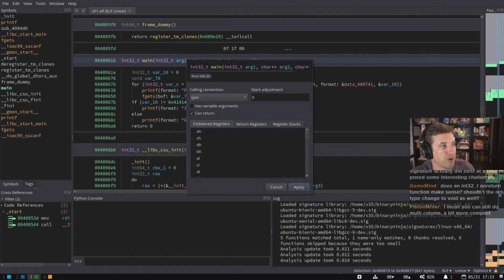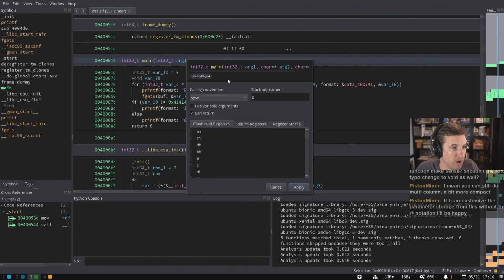So GameMind, that's a good question. Should the return type change if you've marked it as no return? Why wouldn't it be void? I mean, because they're separate attributes, I think I kind of like this, because maybe I've checked it as no return for now, but later I want to change that. Maybe I'm making it no return just to stop analysis, but I actually want the type propagation to still happen. I guess it wouldn't really happen if there's nothing after it. I don't know. I feel like this is reasonable to have it this way, but I have to think about that a little bit more. Should no return set that to void? That's an interesting idea. Oh, that is an excellent question too.